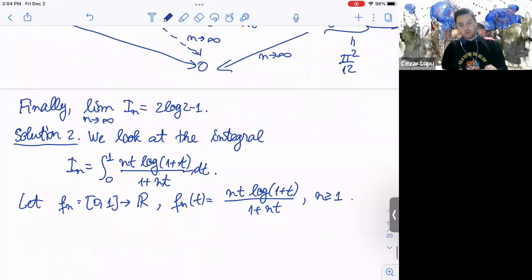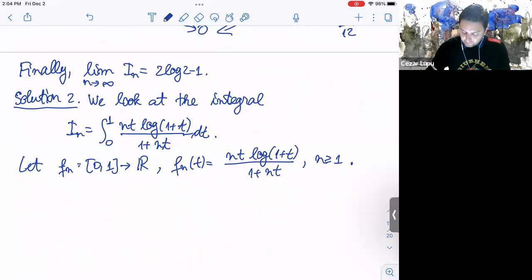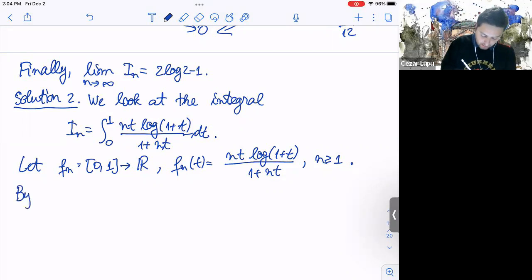Of course, they're continuous, so you don't have any problems. So you can use the idea of the monotone convergence theorem. Basically, you can pass to the limit inside as n approaches infinity. So by the monotone convergence theorem,